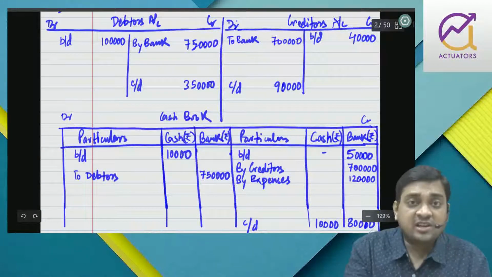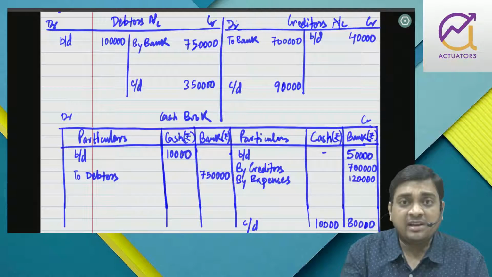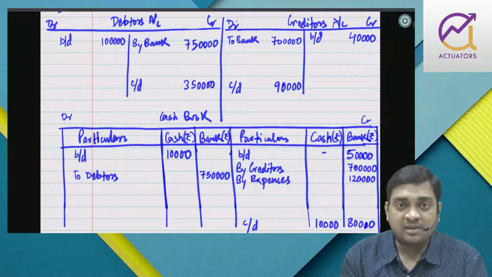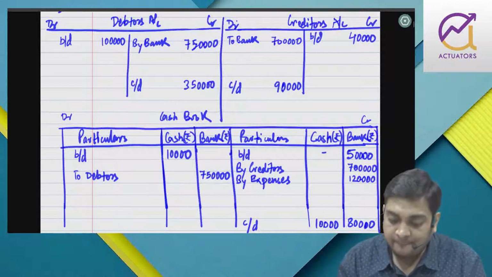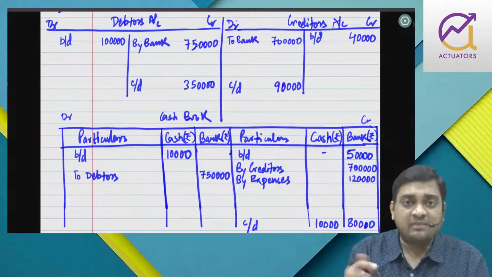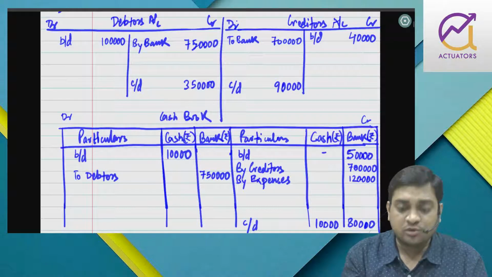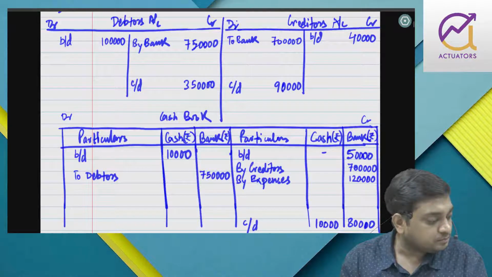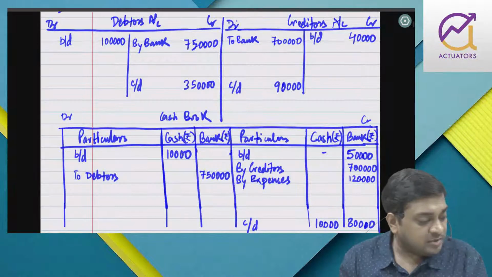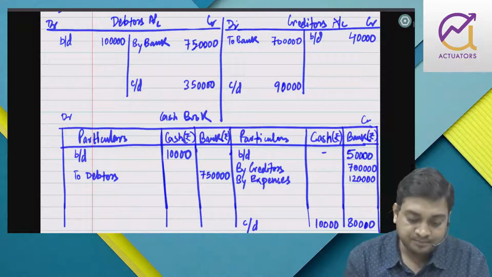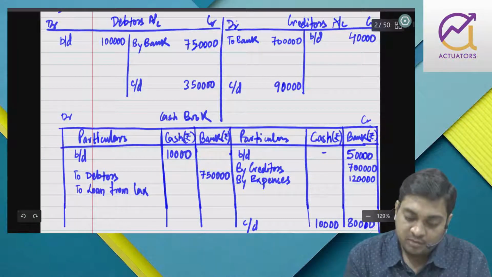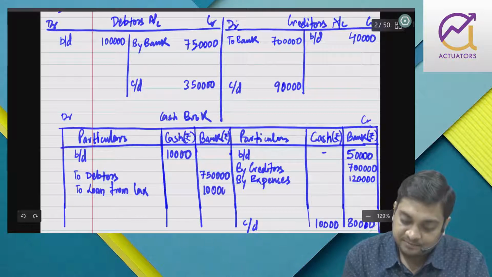Since I am preparing cash and creditor both, for payment to creditor there is both effects, and for payment of expenses there is only one effect, because I am not preparing expense account, right? So that is normal. Whatever you are preparing, if it is affecting two accounts will be posted, and if it is affecting one, then one. Then loan from Lakshman taken, right? So to loan from Lakshman 1 lakh I have taken. Okay.